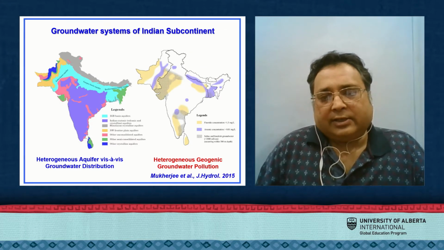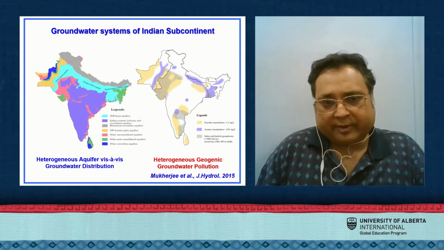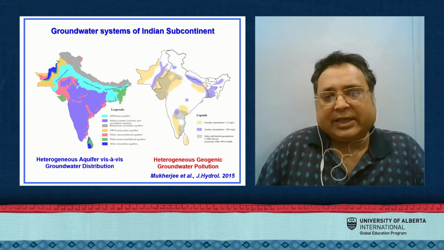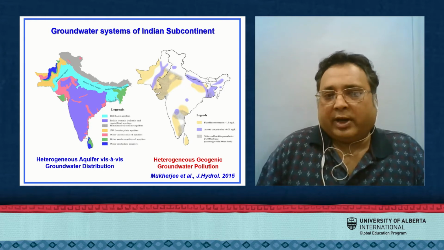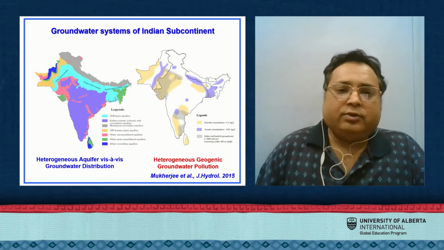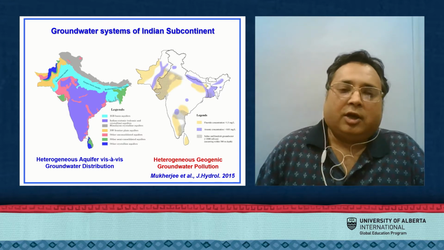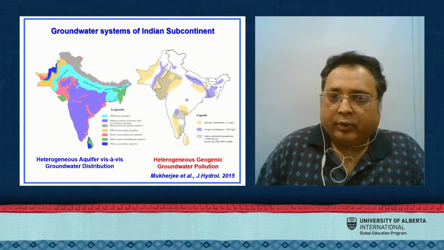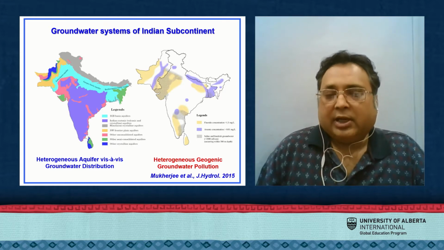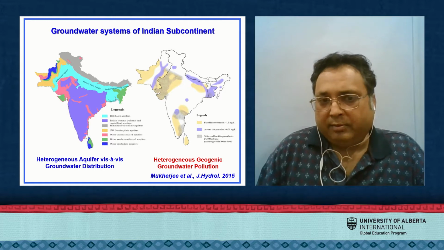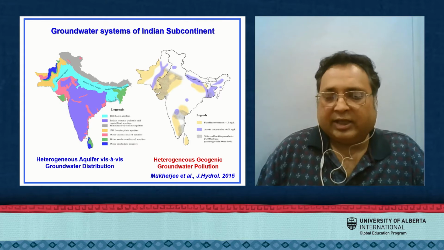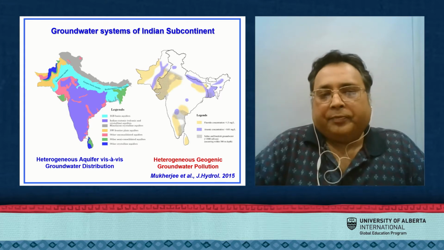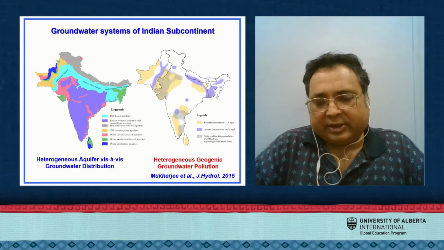Now, if we try to understand the groundwater, we need to understand the geology at least a little bit. So the map on the left-hand side shows you a simplified version of the geology and so the hydrogeology of the system, where you see the bright blue areas, which indicate the places where you have 70% of the groundwater being reserved. These bright blue areas, which are adjoining the great Himalayan mountains, are called the Himalayan forelands, and the three mega rivers, the Indus, the Ganges, the Brahmaputra, bring all the sediments from the Himalayas and make this bright blue geologic formation called the Indus Ganges Brahmaputra Basin.